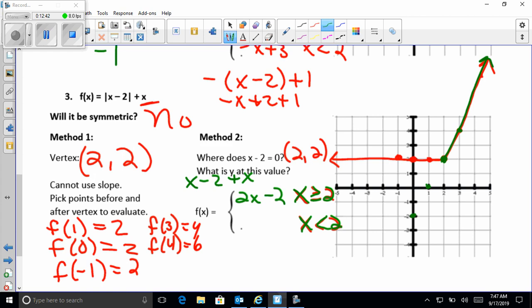Now if I do negative x minus 2 plus x, it's negative x plus 2 plus x. The x's cancel, so I'm just left with 2 there. So everything lower than 2 is just going to be this horizontal line. The piecewise is a little bit more efficient than not, because